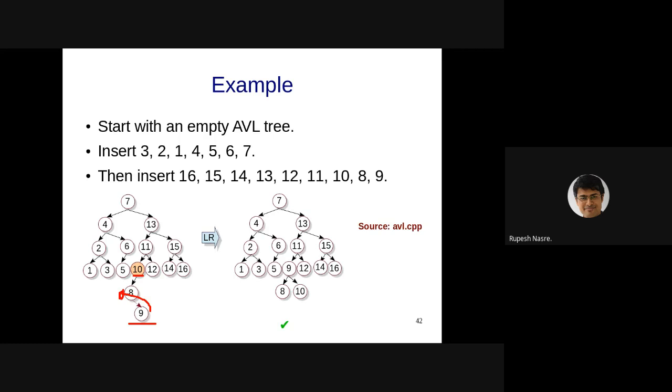Given an AVL also you can perform a rotation. For example, here I say that for the final AVL that I have obtained, I want to perform a right rotation on 9. And therefore 8 becomes the root, 9 becomes its right child, 10 becomes its right child. That is perfectly fine. You are converting an AVL tree into a non-height balanced tree. Maybe that is something which you require as part of your algorithm. Since AVL is a BST, you can perform rotations, left and right, on it. Right. So let me put it that way.